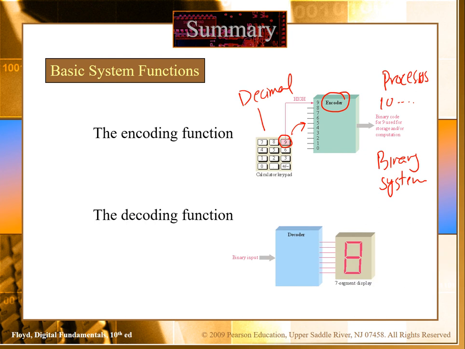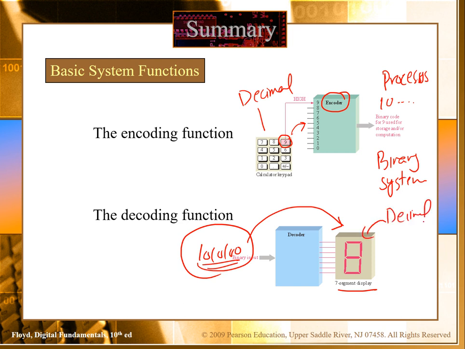We can implement the decoding function. For example, usually for the 7-segment display, you are now inputting binary inputs, for example, 10101010. This 10110 may correspond to a specific condition of the 7-segment display. So to convert this binary to the decimal form, we need a decoder which decodes the binary information to the decimal form. We implement this also using the logical functions.